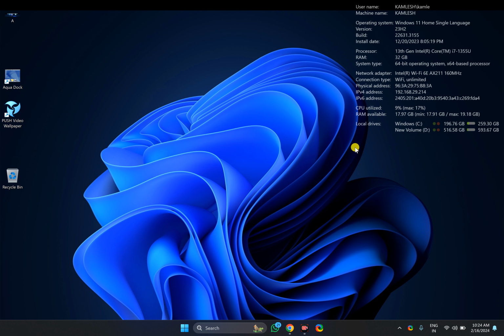Once downloaded, just double click on this installer. It is a portable software, that means there is no need to install it. Once you double click on this software, you will see system information will appear on the right top corner